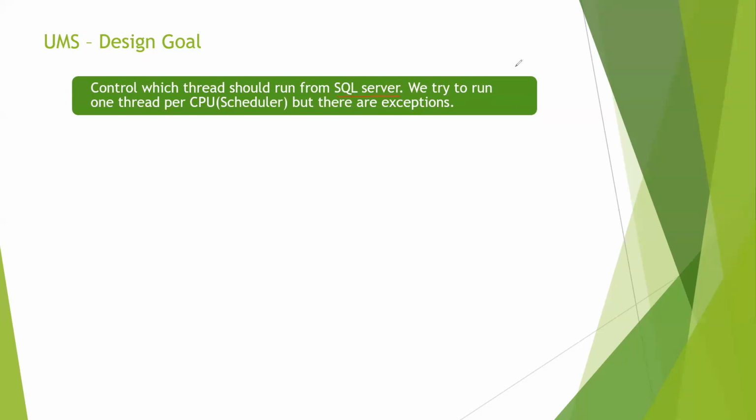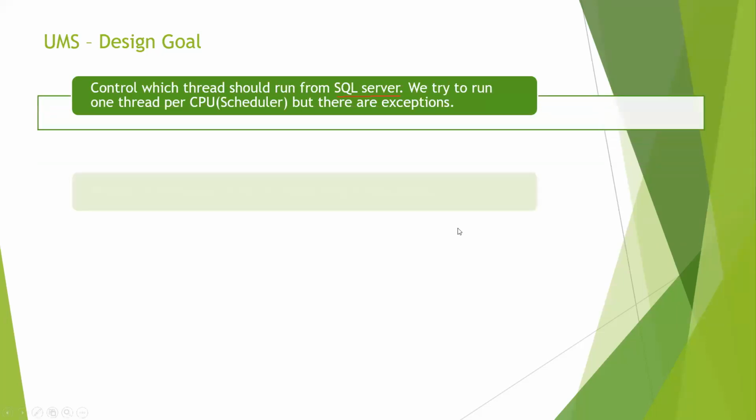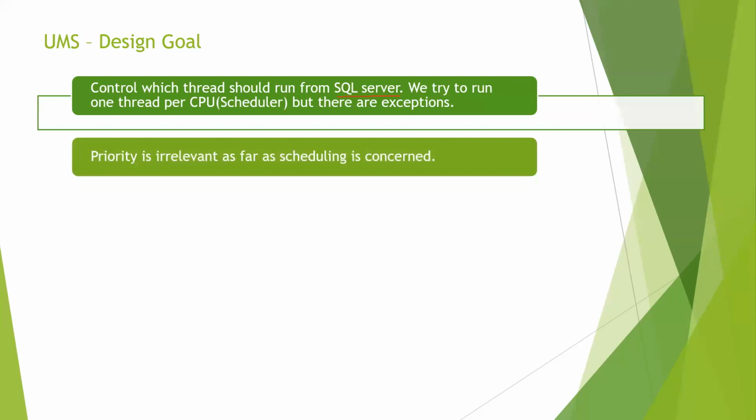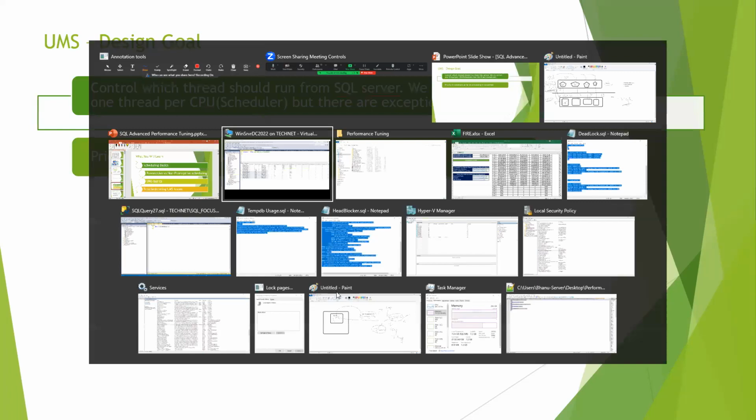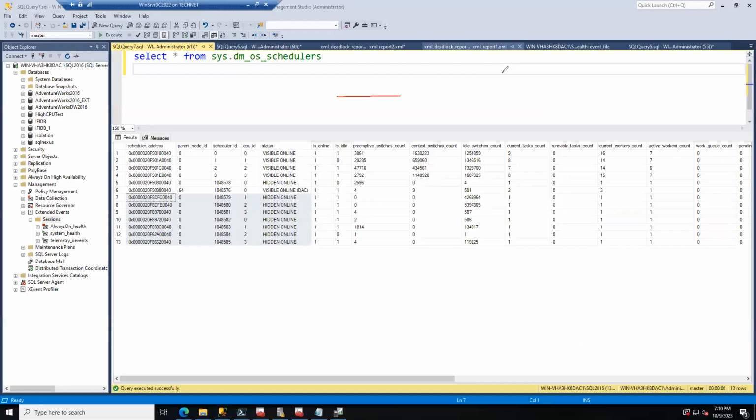So next one, priority is irrelevant. So what does it mean by priority is irrelevant? Because we don't follow the priority mechanism, right? So whatever threads which are coming in, all threads are in the same priority, right? So if you go back to the SQL Server error log,